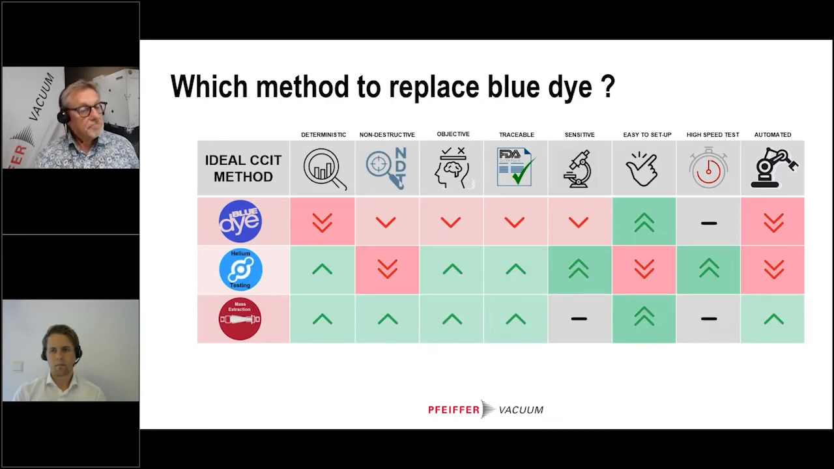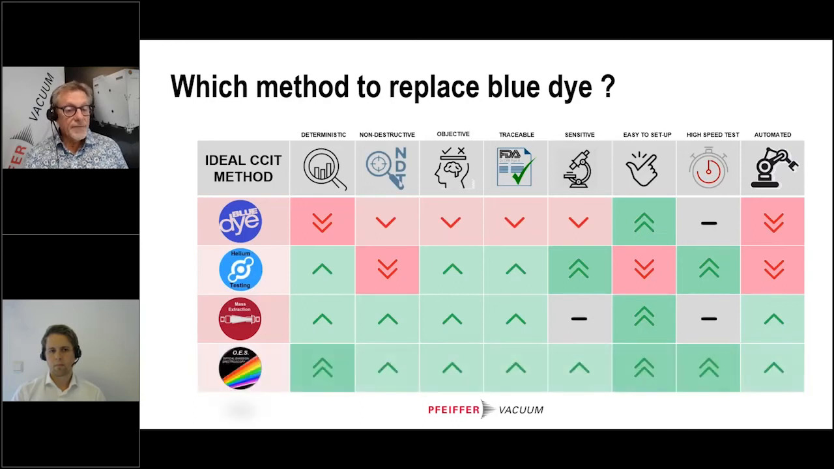For mass extraction, it's deterministic, no doubt, non-destructive, no doubt, objective, same, traceable, same. We have a software, we track everything. The sensitivity is, of course, better than the blue dye, but not so sensitive compared to the helium test. In fact, it is very easy to set up and easy to use, no sample preparation again. The speed is not so high compared to, let's say, the blue dye, and it can be automated quite